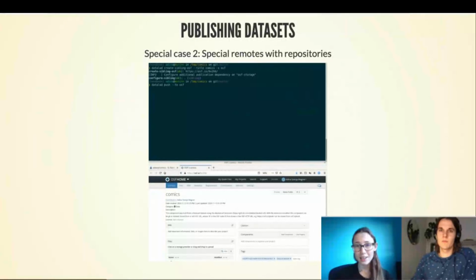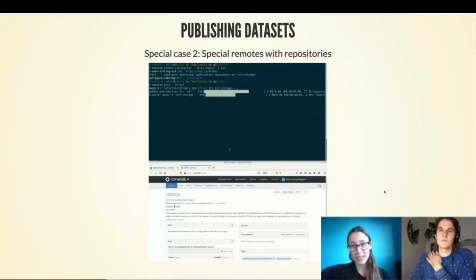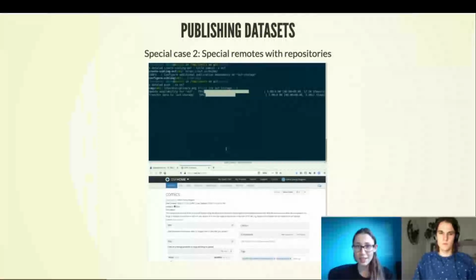And if you then do a DataLad push, then it will publish your Git history and your annexed data to the Open Science Framework. If you do it in the default way, you will get an unfamiliar view of the dataset, which is due to that being a non-Git repository hosting service. So if you push and then reload the web interface, you will see that there is a .git directory and that there is an object tree